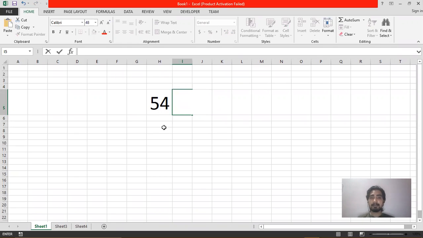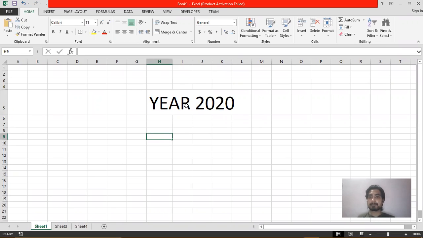If you are adding any alphabets, or suppose if you are adding something like numbers with the alphabet, for example, year 2020, so this will be considered as text data type, although it is containing the alphabet and number together, but this will be considered as a text data type.